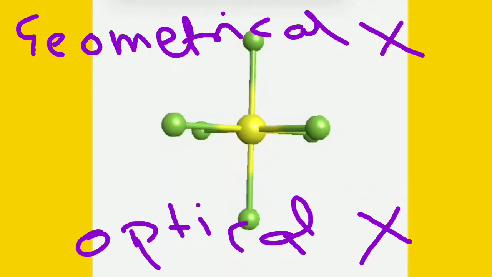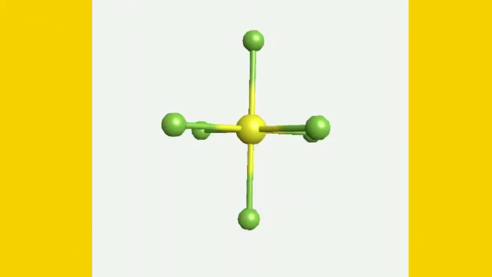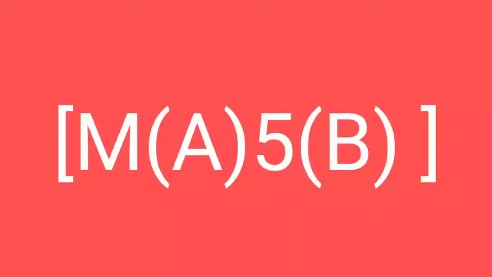There are 6 symmetry elements: C3, C4, S4, S6, i and sigma. Sigma means symmetry plane. Generally we check only the symmetry plane. If the molecule has any symmetry plane, it will not show optical isomerism. So we are going to check in different examples whether they are optical and geometrical isomers. In this example it will not show geometrical isomerism and it will not show optical isomerism either, because of the presence of symmetry elements. We can see it is symmetrical.